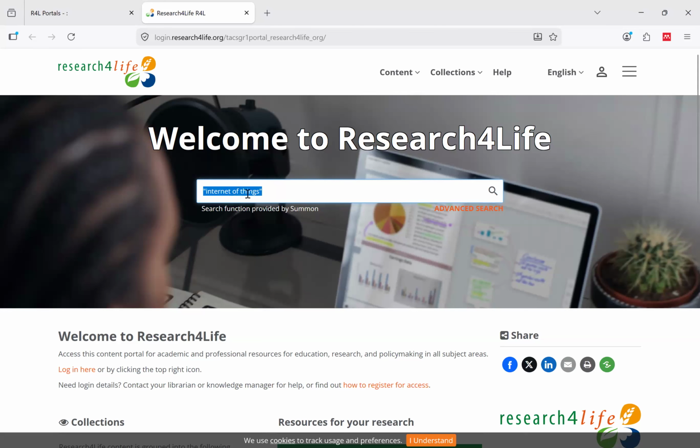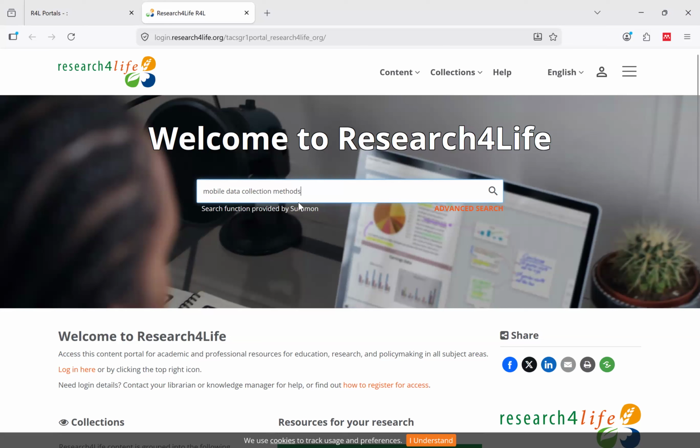Okay, let us see if we can get something on that. Mobile data collection methods. So this is my search term. I mentioned that this search screen here is a Google-like tool which searches across the different portals. So here I'm searching across all the 5 portals that my colleague mentioned to you.